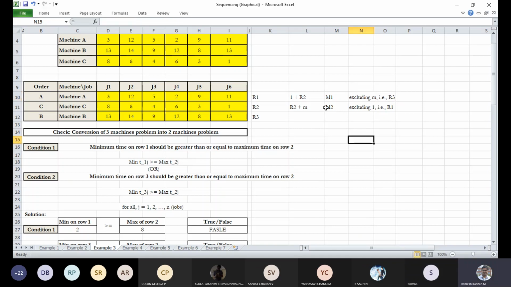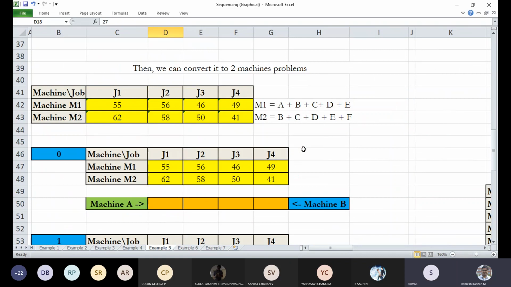So in the first case, for machine 1, we will exclude M, which is the last row. And for the next machine, we'll exclude the first row, then we'll calculate the remaining till M. So that's the basic logic, right? The same logic we're going to apply for this example also.